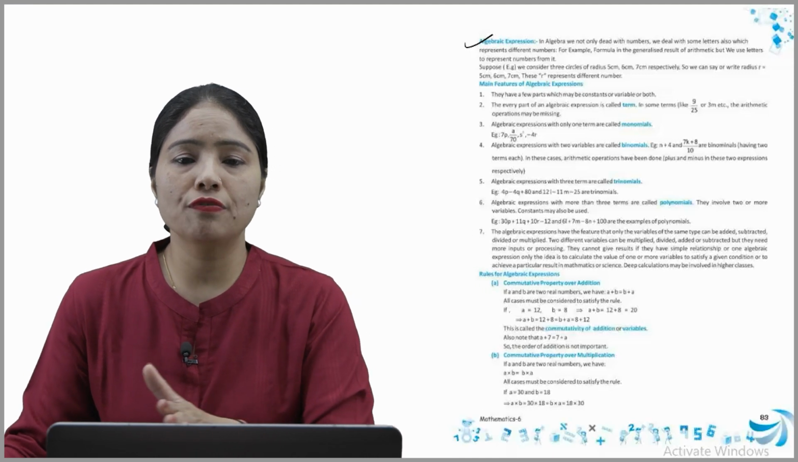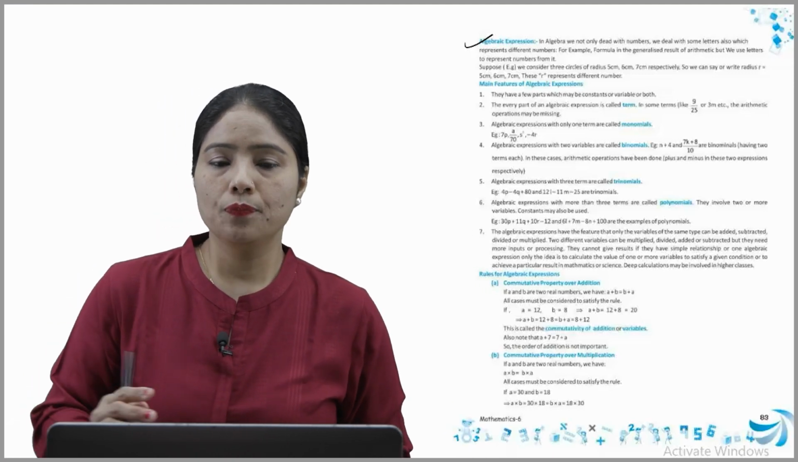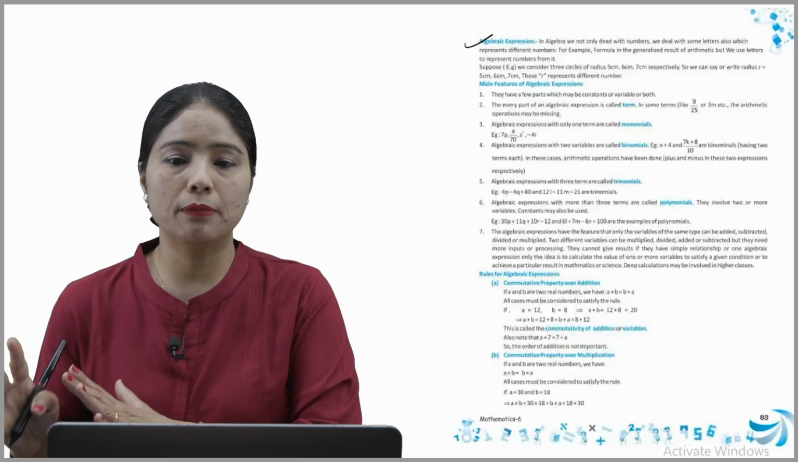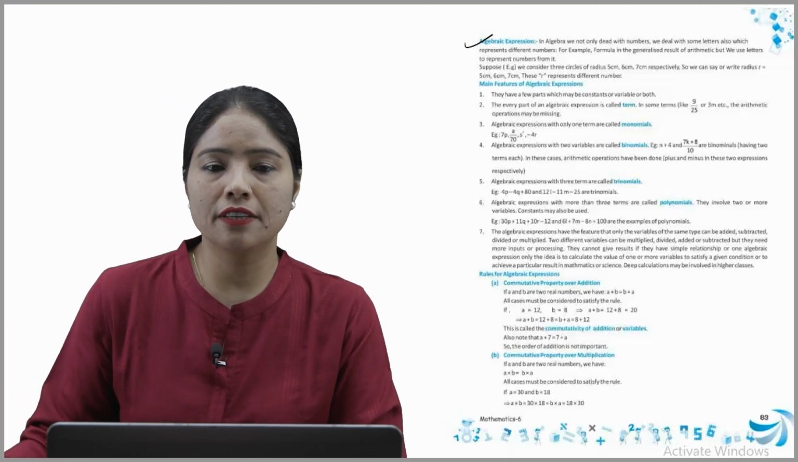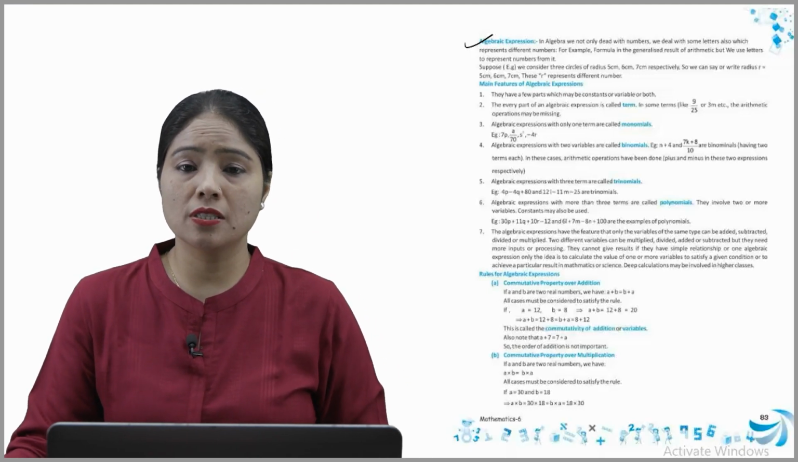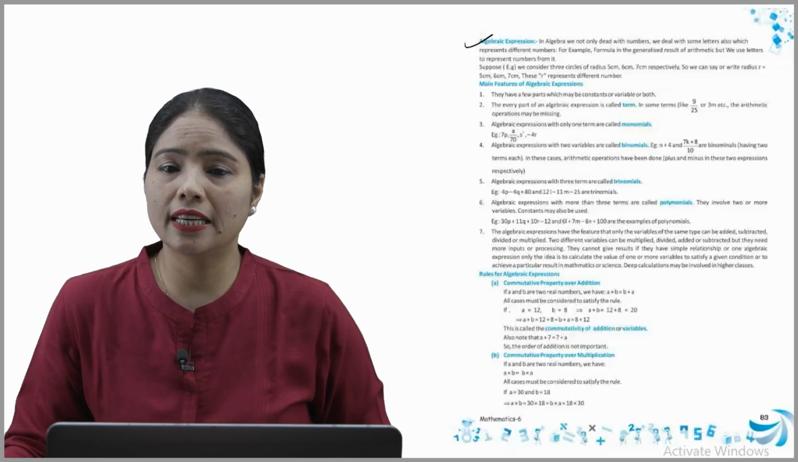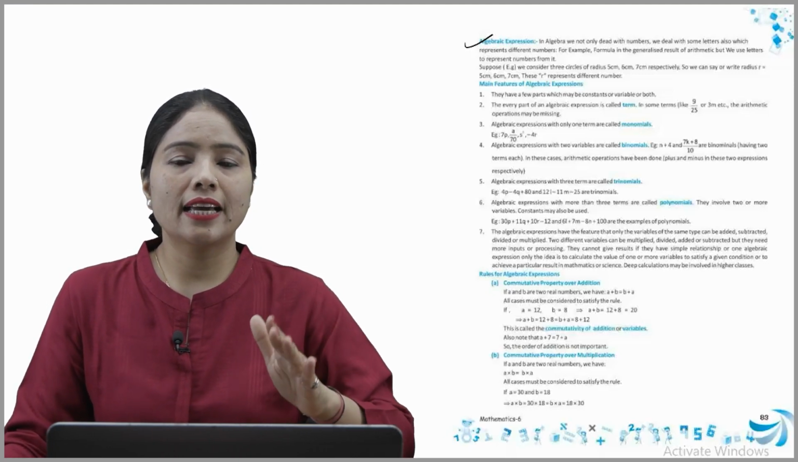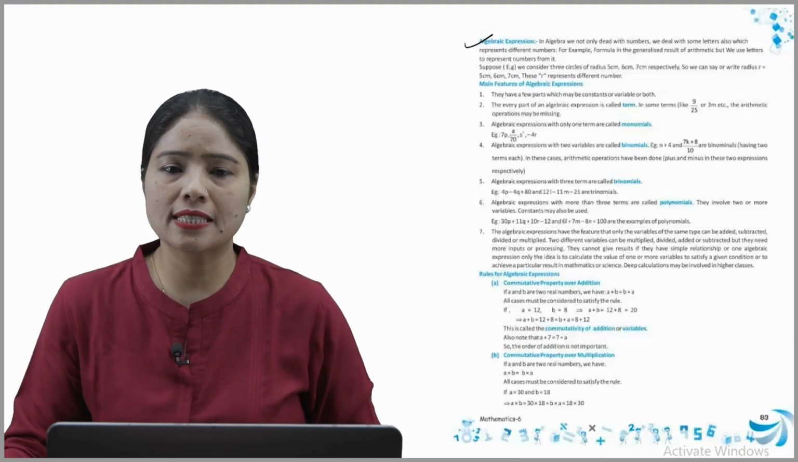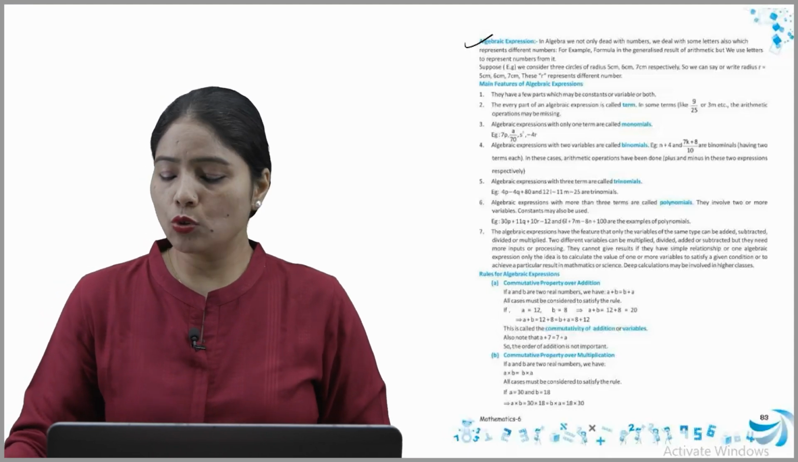Now, main features of algebraic expressions. Number 1, they have a few parts which may be constants or variables or both. Now the second one: every part of an algebraic expression is called a term. In some terms like 9 by 25 or 3 meter etc., the arithmetic operations may be missing. Now the third one is